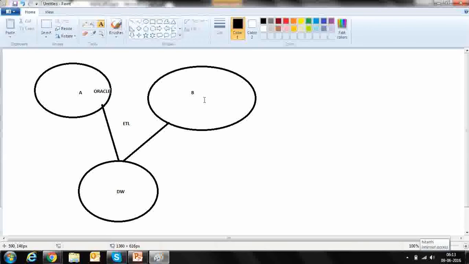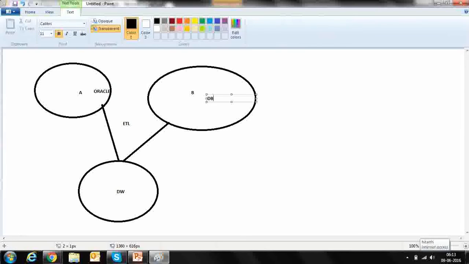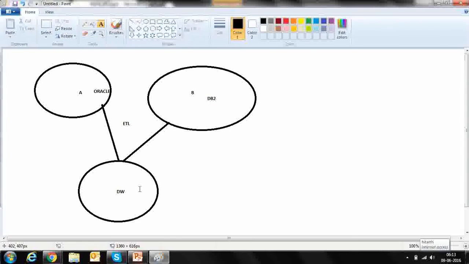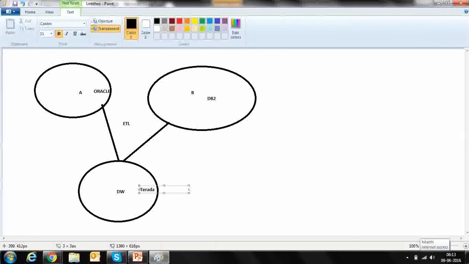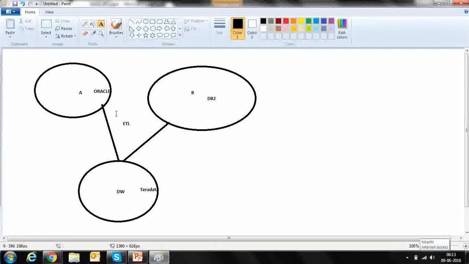This can be DB2. This can be Teradata as a database. Or a SQL Server. So we have three different types of databases. Now the target database is Teradata.